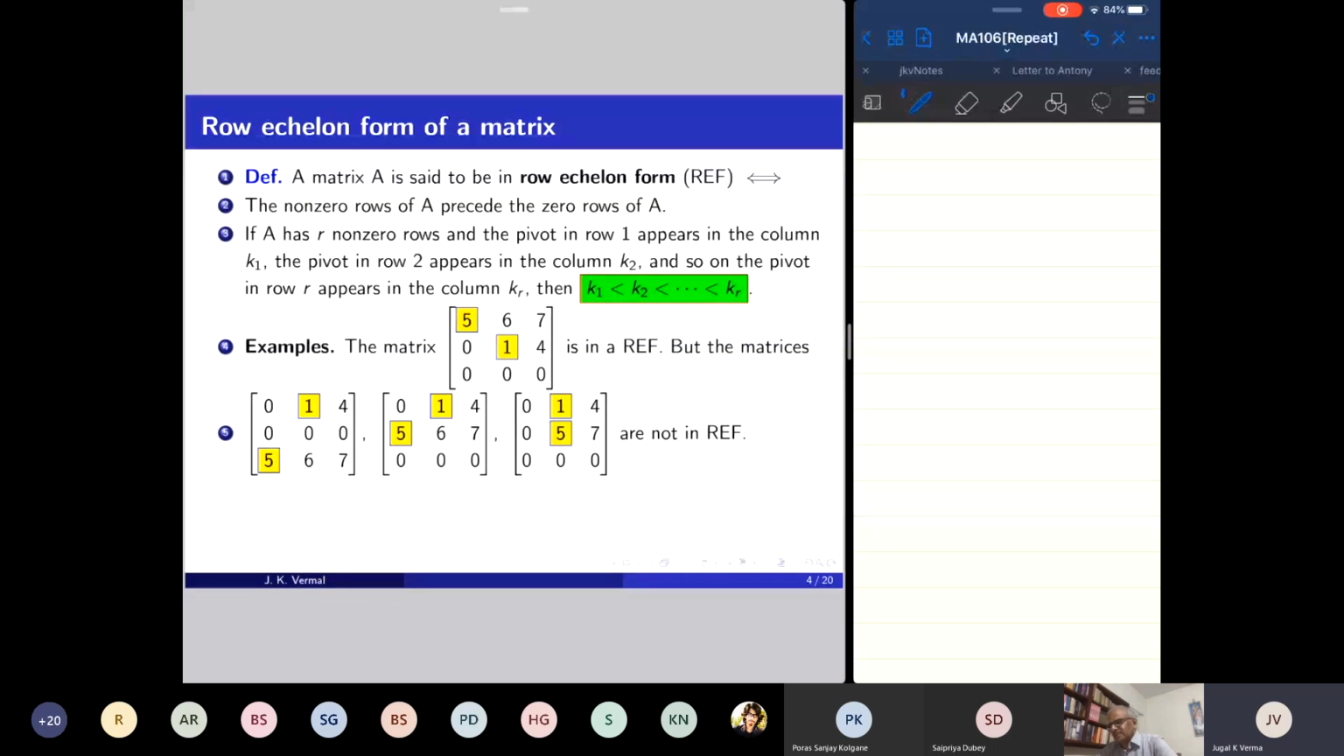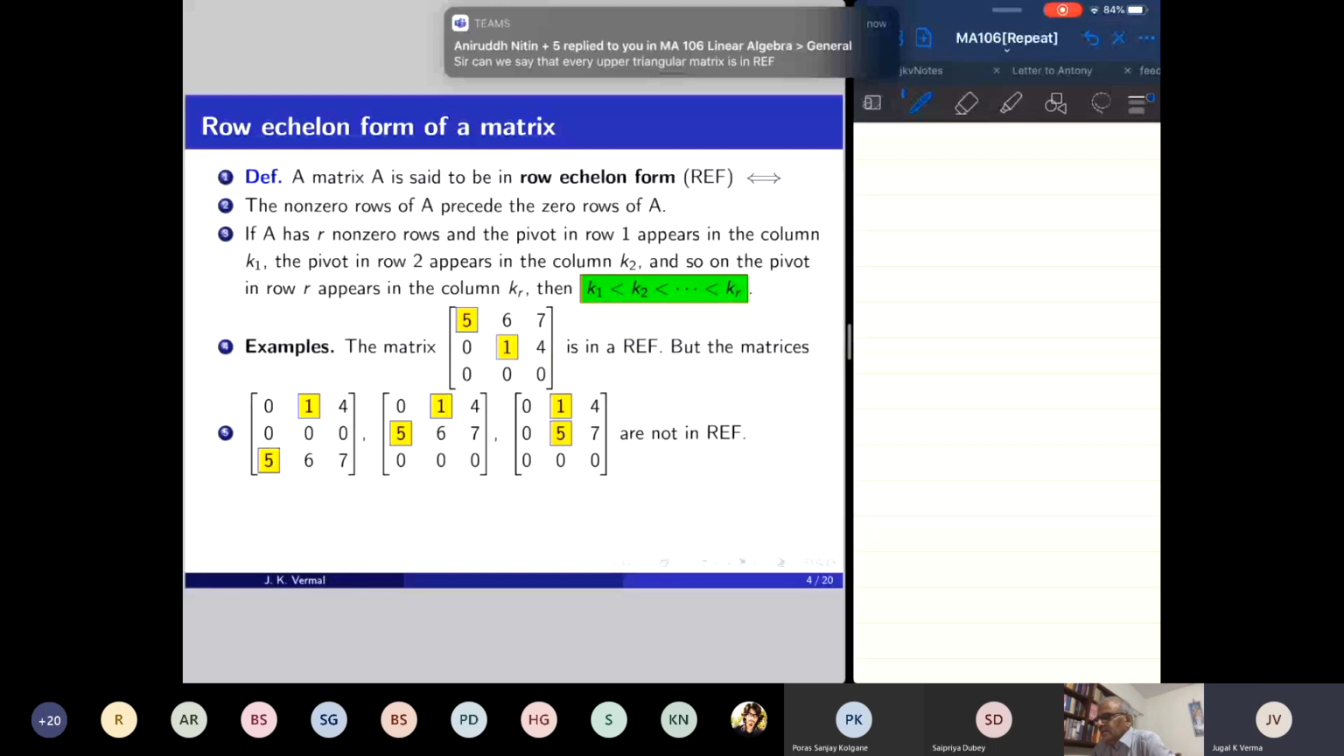We will see that if a matrix is in row echelon form, the coefficient matrix of a system of linear equations in row echelon form, then it is very easy to solve that system by back substitution. What we did for an upper triangular matrix, where all the entries on the principal diagonal were non-zero, we could solve that, and there was a unique solution. But when we have a